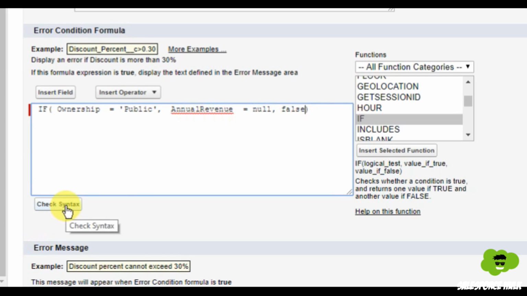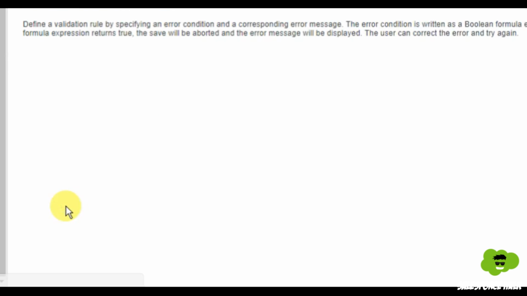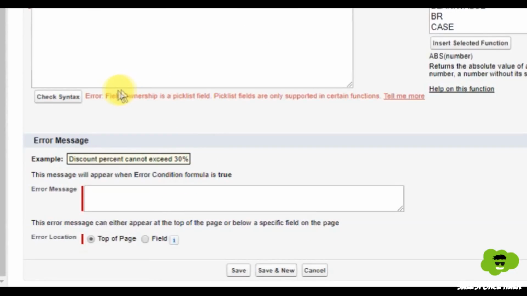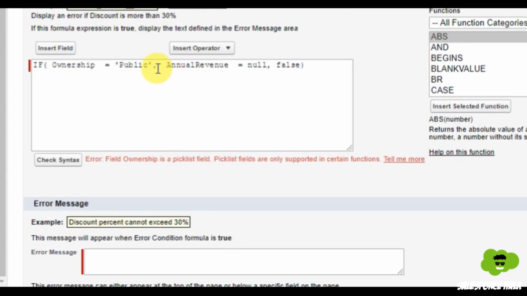And now I'll click on check syntax. Before clicking on check syntax, let me tell you that something weird is going to happen over here, and let's see what it is. Oh, field ownership is a picklist field. Picklist fields are only supported in certain functions. Okay, so let me tell you, picklist fields cannot be matched, or their values cannot be matched, using the equals to operator. We need some special function for that, and that special function is